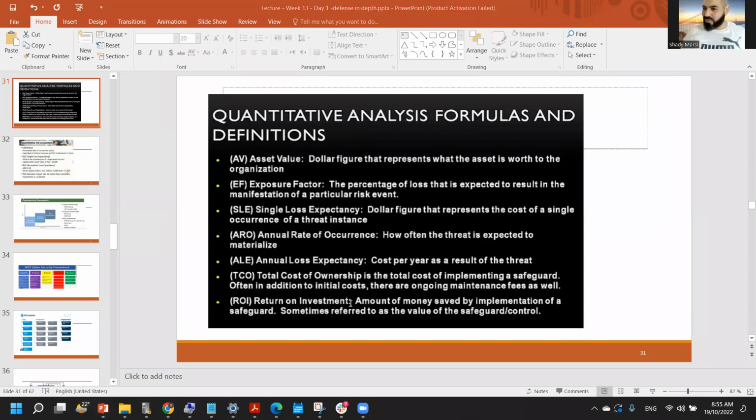I mentioned what is return of investment. Management specifically looks at everything from the point of view of: if I spend $1, what am I getting in return? Especially in security, guys, they cannot think in this way. Now they need to change their mentality a little bit. There's something called return of investment in security, and there is something called